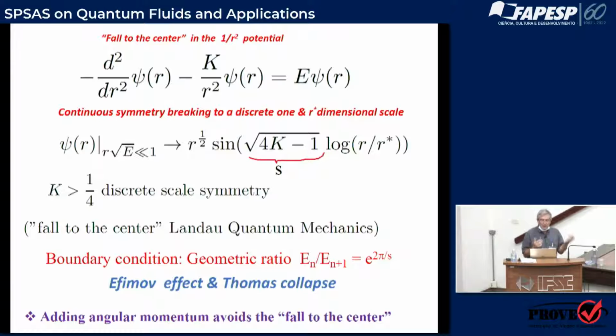So both phenomena, the Efimov effect and the Thomas collapse, are related. Now you can think that if I add angular momentum, depending on the size of this constant k, of course I can destroy the Efimov effect. And this is what we see in 3 dimensions, at least for 3 bosons. We see exactly that. But in extremely mass asymmetric systems, you can have the Efimov effect in higher partial waves. I will mention this later on. Okay,